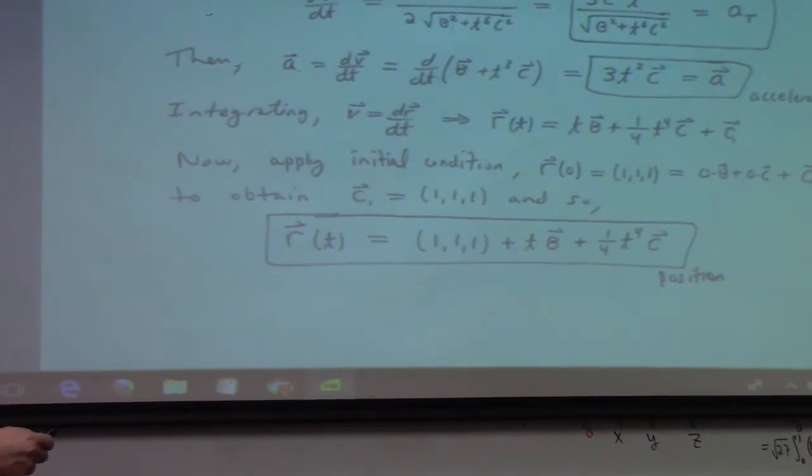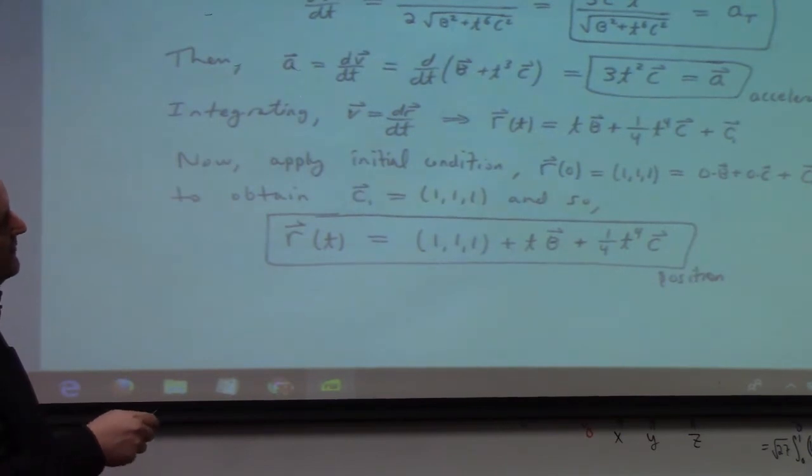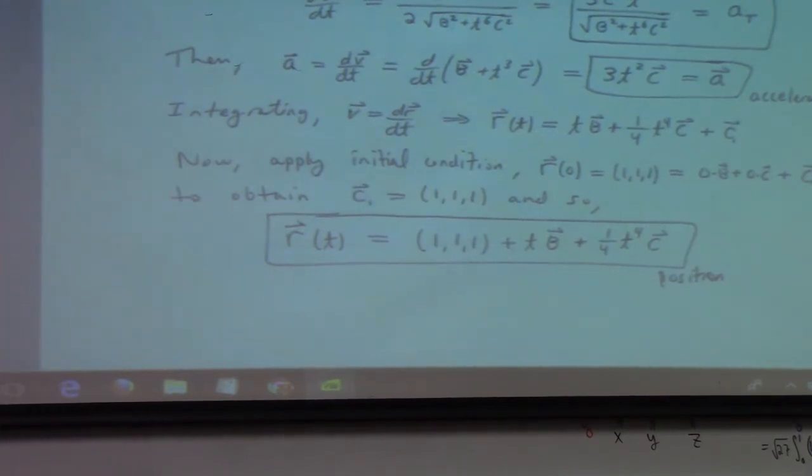To integrate, I tried to point this out when we did the constant acceleration due to gravity example. We noticed that we could either do component by component, or we could just treat minus g z hat and integrate at the level of vectors. I tried to make this point to you there this semester. I may have failed. But it's kind of neat, right? To integrate b, let me just say it again here. If b is a constant vector,